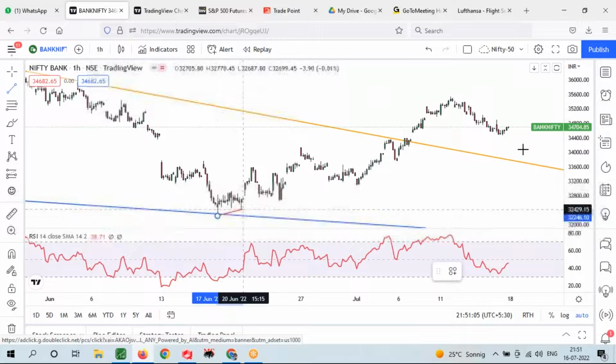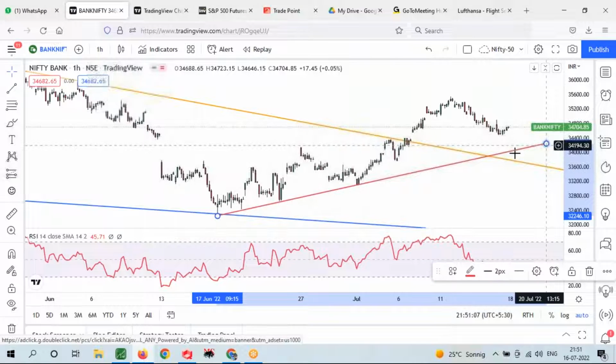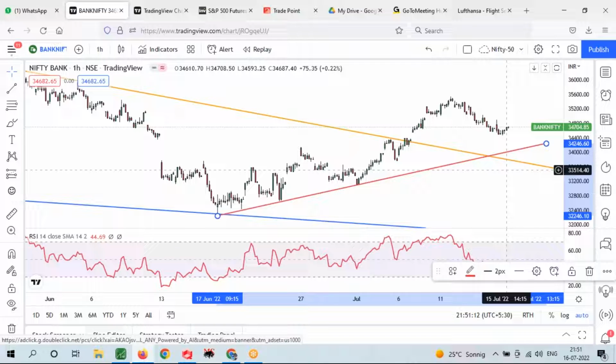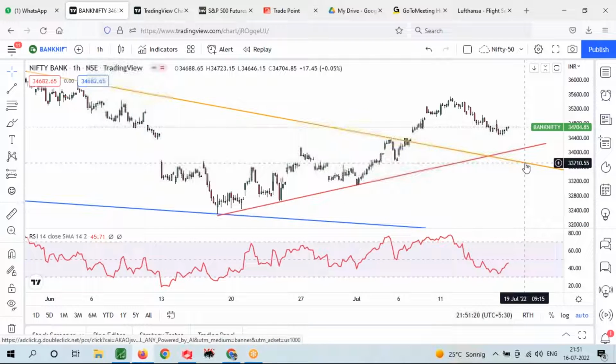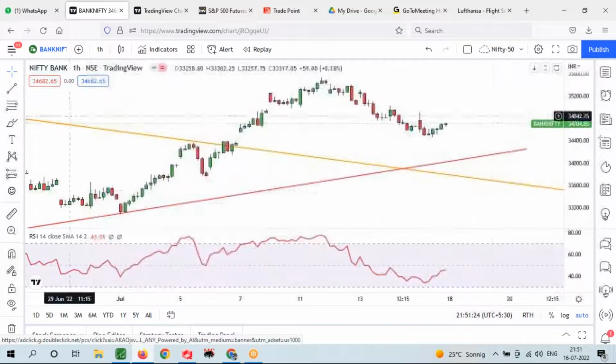All right, so let's look here. If I connect, look here, what is the low? 34,000. Okay, what is the stop loss we have taken? 33,800, right? So somewhere close to this trend line itself. So if this breaks, then we might go a little downside. Okay, but now you see,